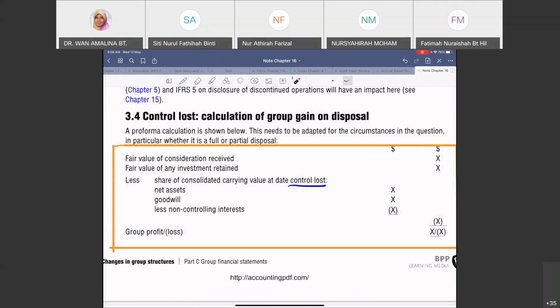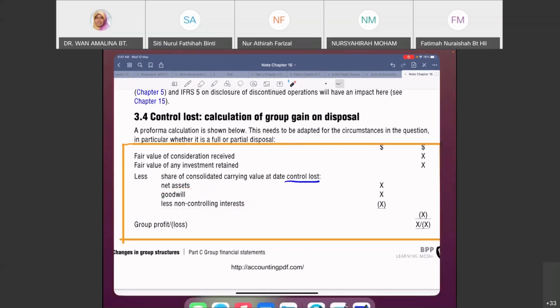Okay, so this is the formula lah. You can actually ni. Pasal dalam buku teks ni dia tak simplify the formula. Dia terus tunjuk exercise. So I just want to ni lah. So this is the formula that we are going to use. But we need to calculate the goodwill first. So remember pasal kita nak this figure. We want goodwill and non-controlling interest. Okay, so we need to calculate goodwill first.